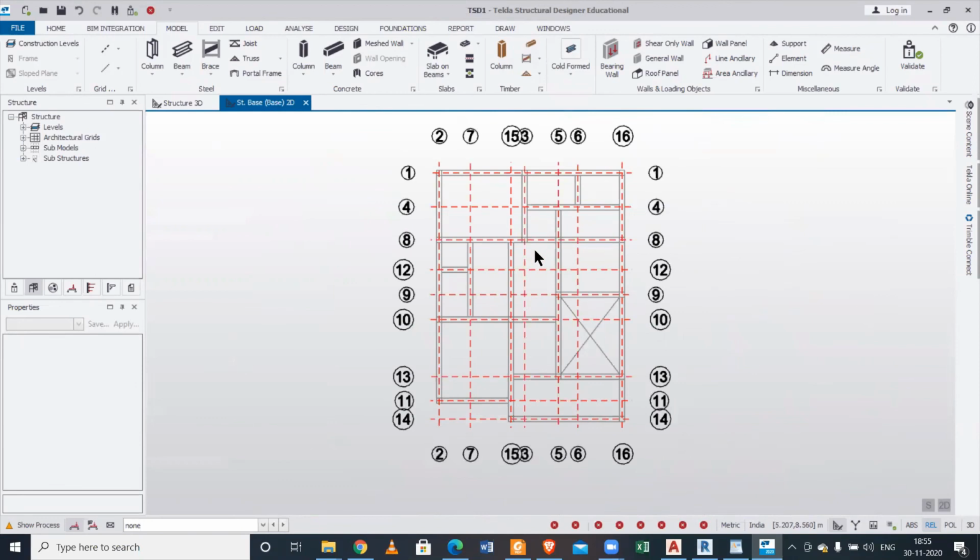So you have the steps. If you want, you can work on this particular plan. You want to work on this plan itself. Okay. And after that in the next session we'll do the modeling part, since we have everything. But if you want to do it yourself, you can do that by watching the videos.